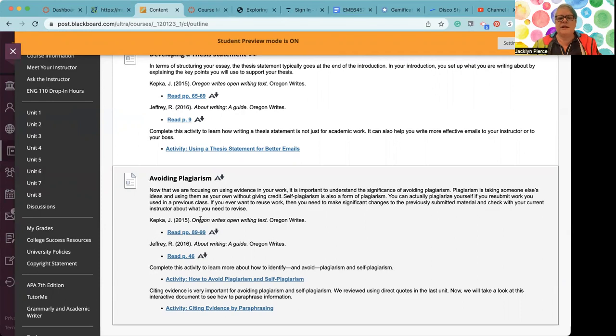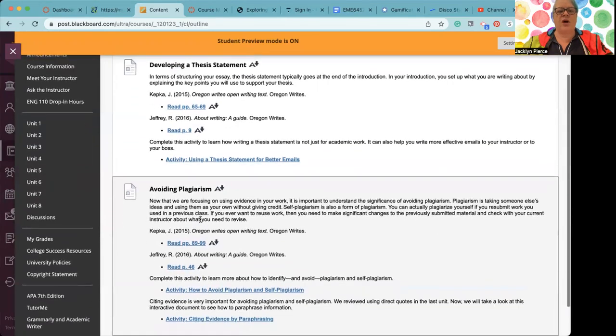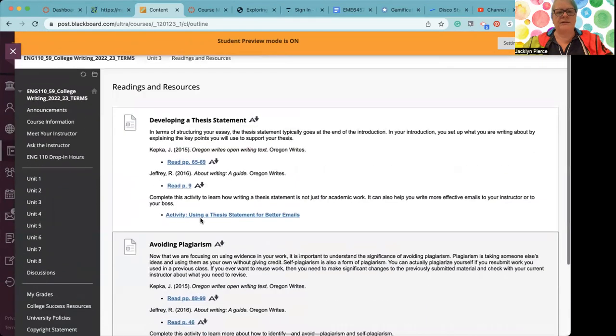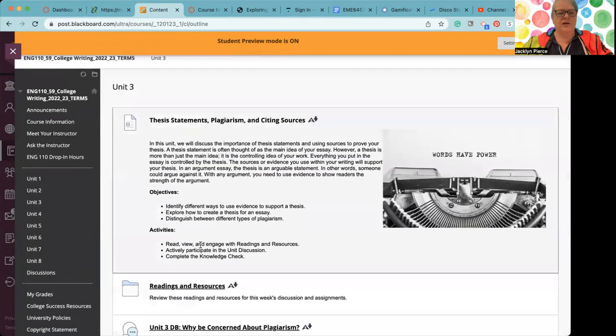It's really tempting in online classes to try to skip reading and skip videos and skip activities, but that's where the learning is actually taking place. Doing an assignment without prepping for it is not learning. So please make sure that you go through all of the readings and resources, and then you're ready to do